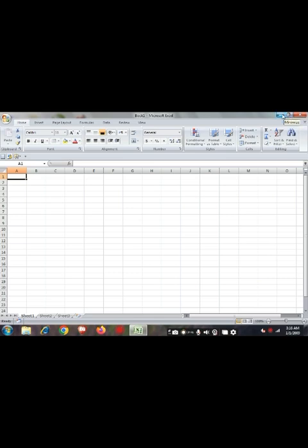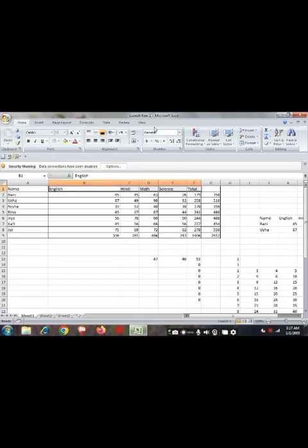This is the minimize button and this is the title bar that shows the title of the workbook that we have saved. I will show a workbook that is already saved in the software, so it shows the name of that workbook. Like I open this Sudesh Rani workbook and you will see the title bar shows the name of the workbook, Sudesh Rani.